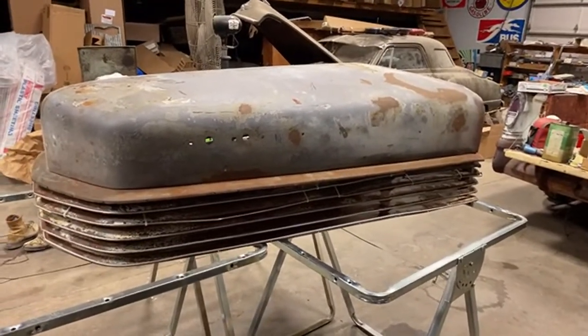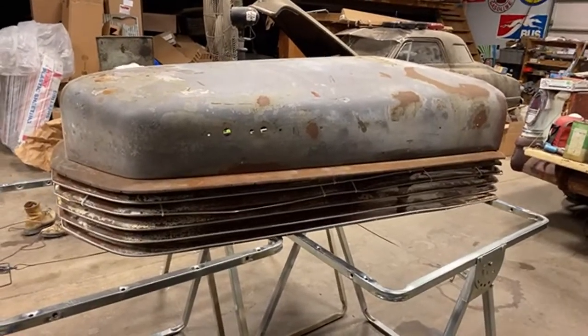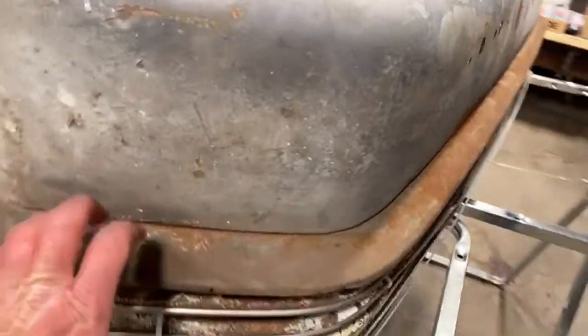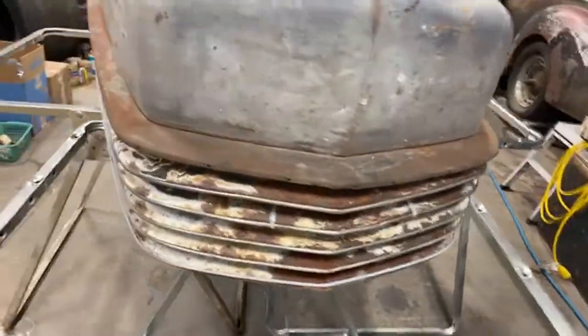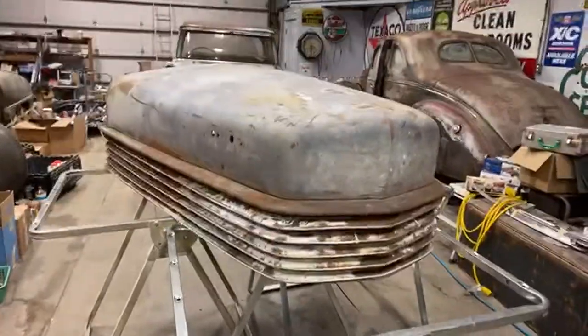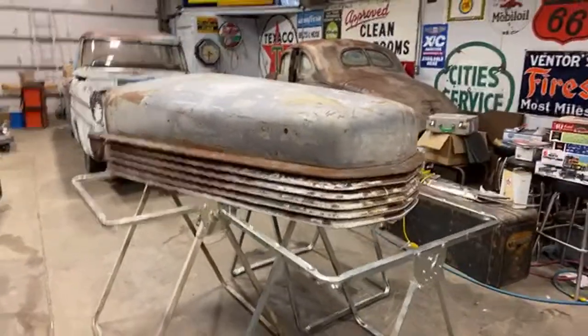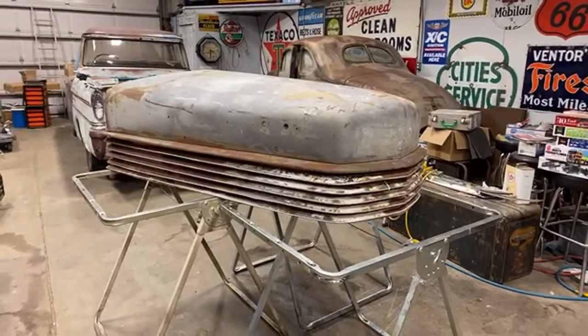This was one of its signatures, this big long hood with a grill that wrapped all the way around it, and including the top louver here is actually part of the hood to finish out the grill. So there it is. Like I said, I don't know if you guys like it or not. I sure do. I'm beyond stoked about it. Obviously, we've gathered up a lot of grills over the years, but to come up with something like this that is this iconic,